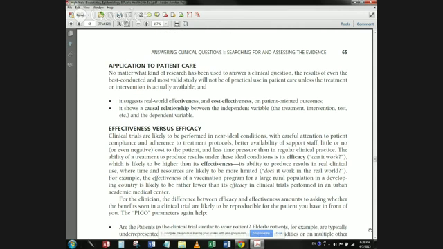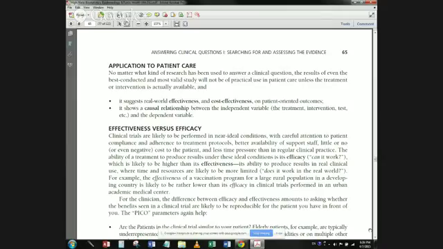Application to patient care. No matter what kind of research has been used to answer a clinical question, the results of even the best conducted and most valid study will not be of practical use in patient care unless the treatment or intervention is actually available. And it suggests real world effectiveness and cost effectiveness on the patient oriented outcomes. It shows a causal relationship between the independent variable, the treatment, intervention, test, etc., and the dependent variable,